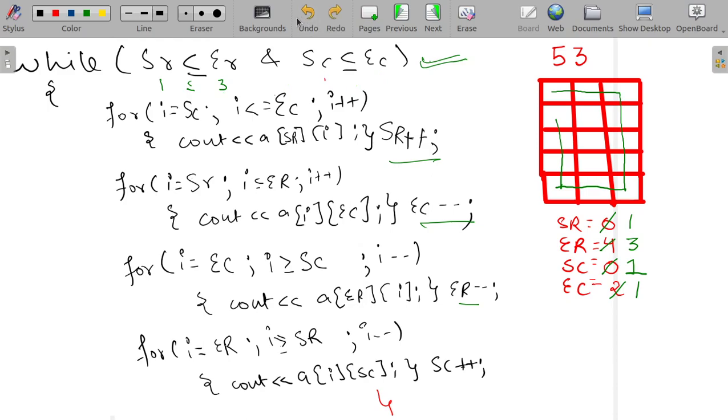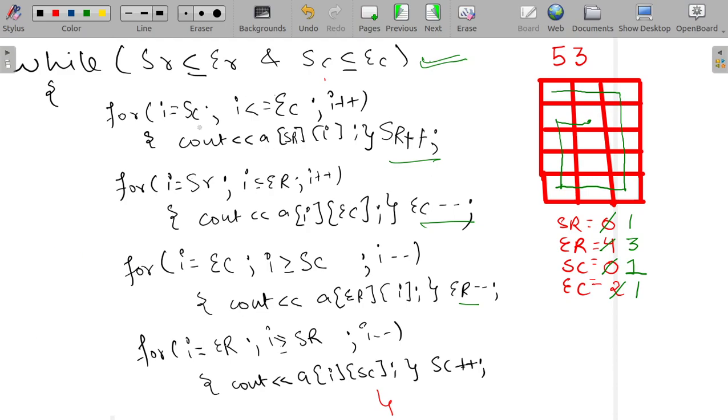So let's check it for the functions. In this loop, we will print this part of the code. This value will be printed, so let's see if this will print or not.